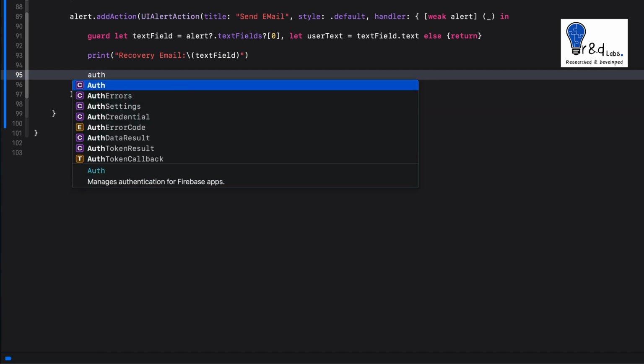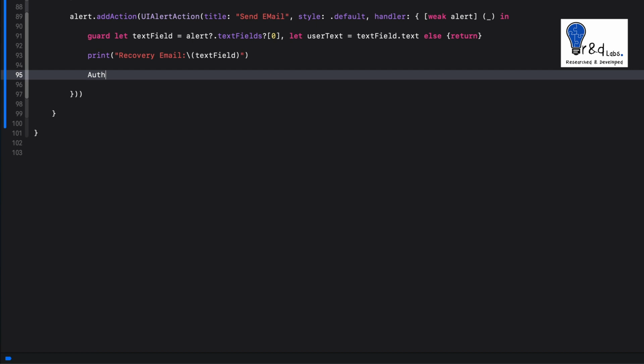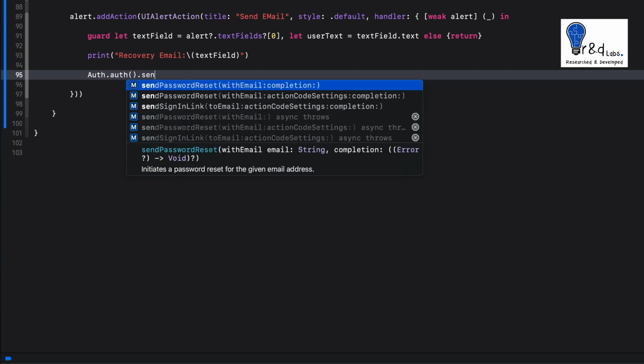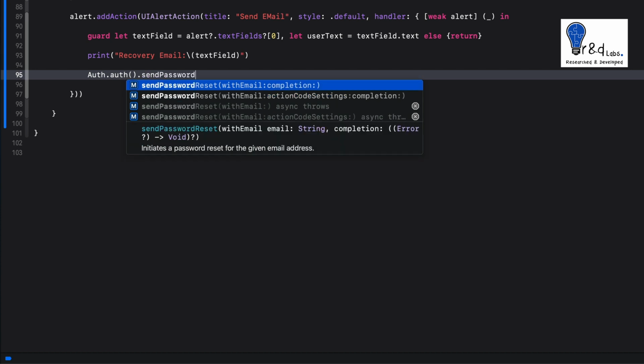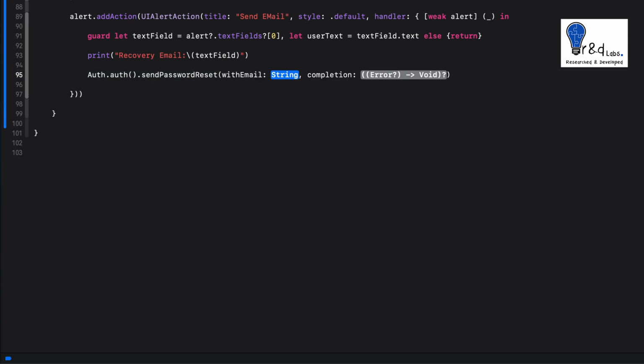Okay, and next up we are going to call the Firebase forgot password method. So let's say auth.auth, and let's say send password with email. Okay, and I think we have one more overloaded method, which is with email and action code settings. That is not what we're going to do. We're going to use the first one. So let's say with email, and the email is, as you rightly guessed, the variable that we have